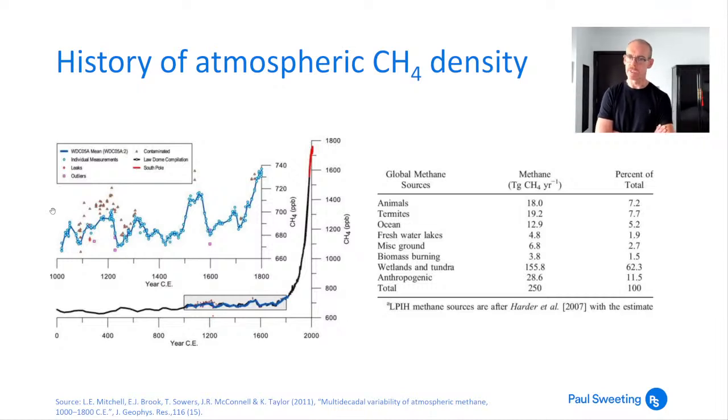If you look at the causes of atmospheric methane, by far the biggest cause is wetlands and tundra, over 60% of the total. And incidentally, methane is several hundred times as potent as a greenhouse gas as carbon dioxide, so it is quite important. Now, because it's coming from wetlands and tundra, that's not stuff that we're creating. That is stuff which is being given off because the climate is warming.